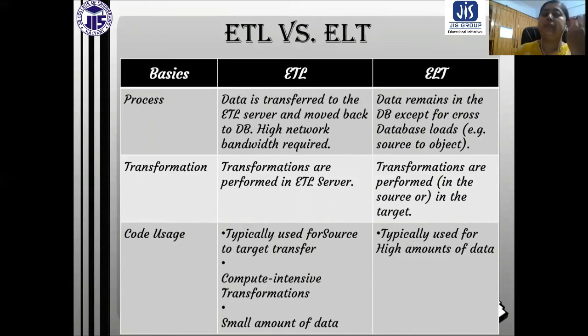It is not loaded at that time, so it is moved back to the database, and high network bandwidth is required. Now if you are talking about ELT, data remains in the DB except for cross-database loads, because it is already loaded in the DB. Then the transformation is done there, so it does not require high network bandwidth. Now the transformation.